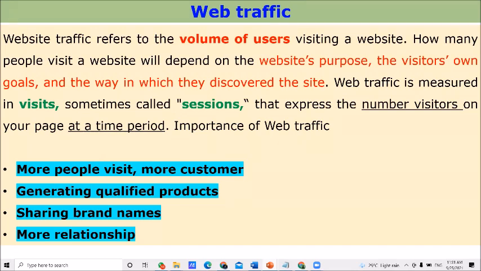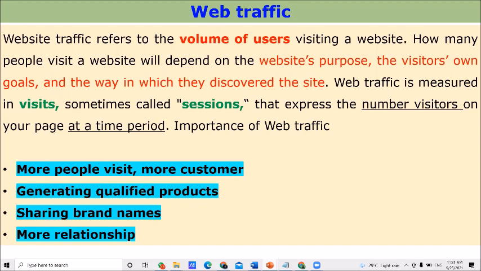Right? We do not normally attach ourselves to them, and we are not normally purchasing something from the websites. But more visits means the number of purchases also increases. Therefore, improving web traffic is very important in the e-commerce aspect.